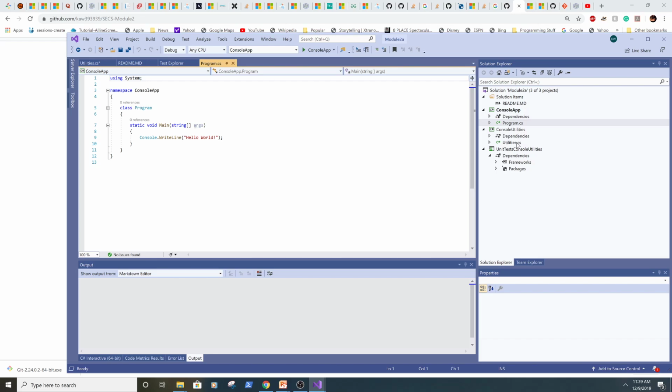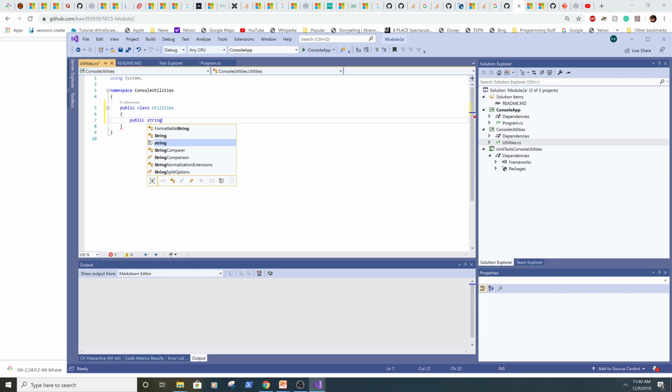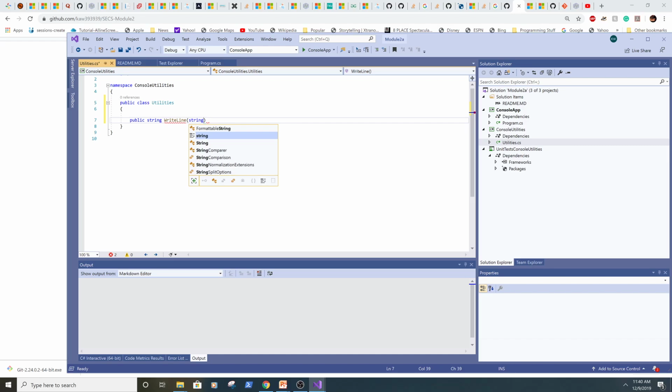So I'm going to go down to utilities and put in a really simple public string, because I'm going to return a string data type. My function is going to be called write line, and I'm going to put in a string,